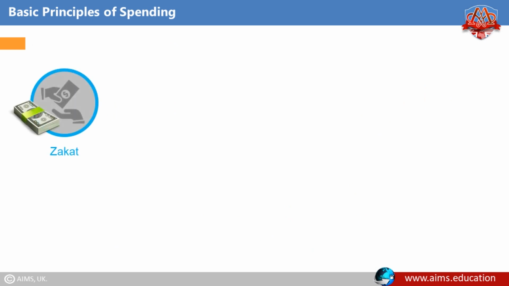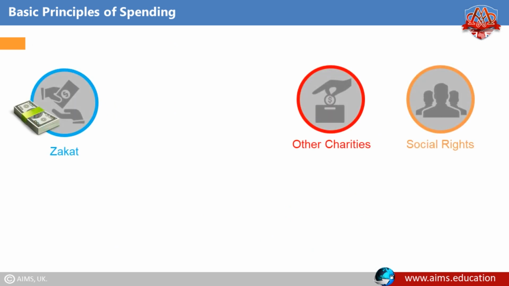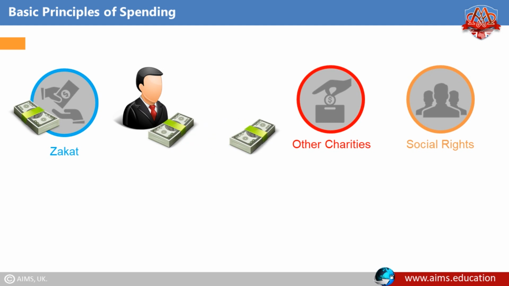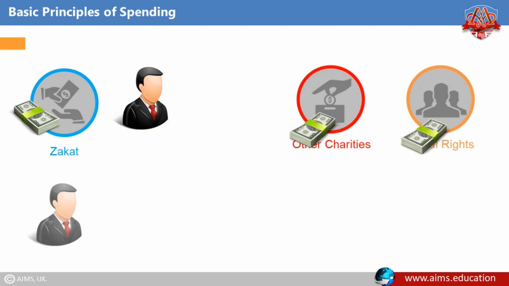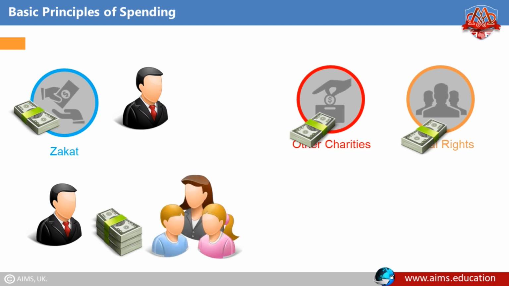Besides zakat, other charities and social rights are also incumbent on the individual. In normal circumstances, the secondary dues should be paid in such a manner that a reasonable amount is saved for the family, so that they may not be left indigent and begging. However, in special conditions,